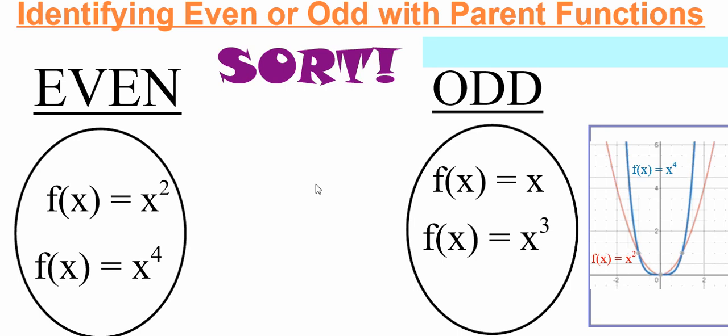Go to Desmos.com, and that's what I did real quickly. You can see the red graph shows what the graph y equals x squared is, and the blue graph shows what the function y equals x to the fourth. And so if you're wondering, yes, y equals x to the 6th, y equals x to the 8th will both have the same pattern, all the way up to the highest even number you can think of, will have that same pattern where it's